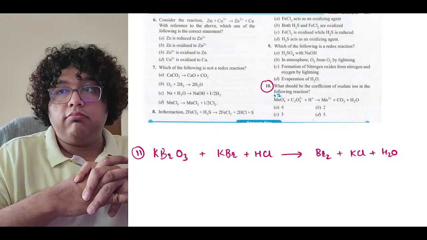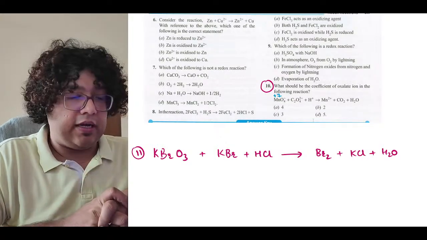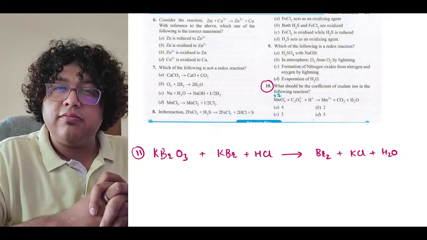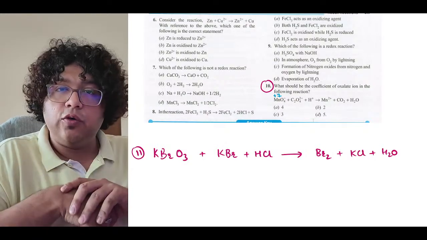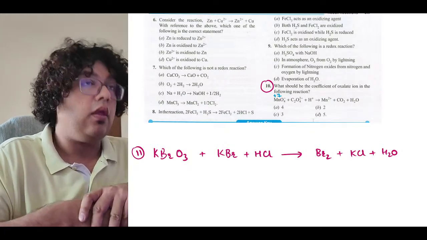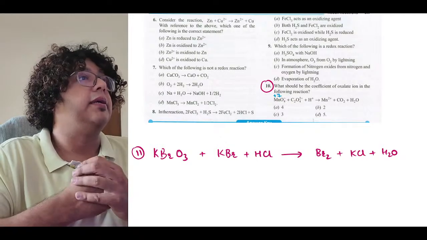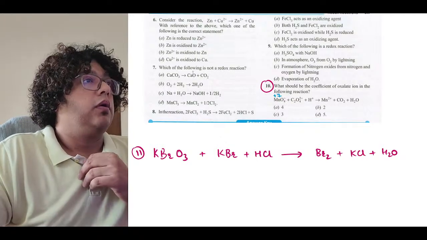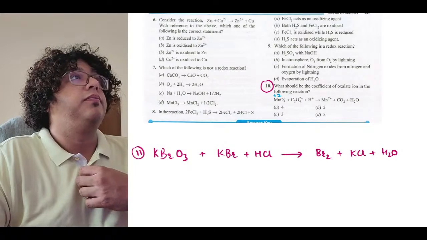That way, you will be saving a lot of precious time, because this is the same question just twisted a bit differently. Carbon in C2O4 you can see is in +3 oxidation state, as we did it. So I think it is pretty simple. All of you should get this answer correctly. Please do ensure that.